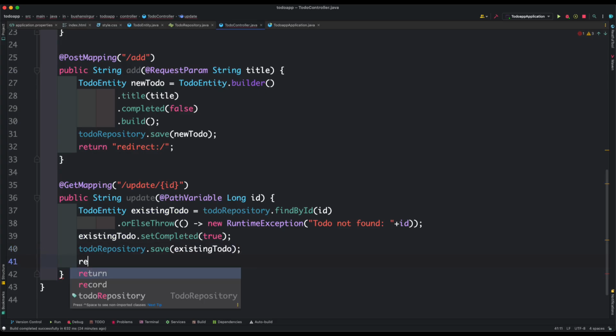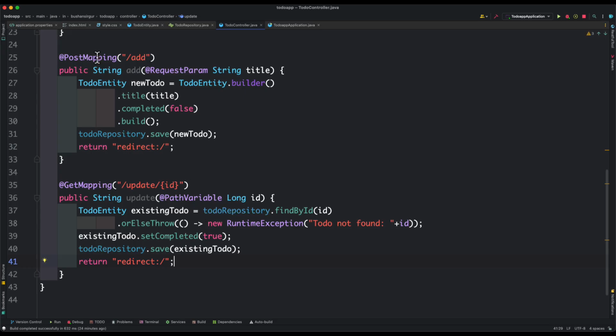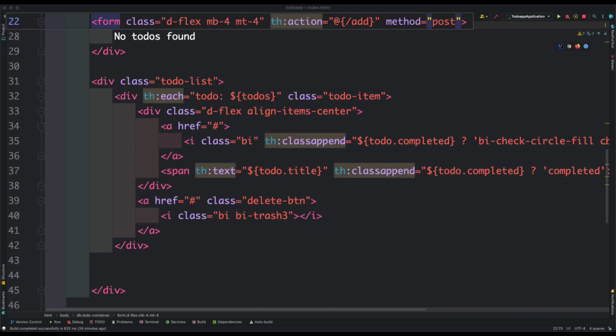and we need to refresh the list, so we can make use of the redirect. Save this. Now inside our index.html, we need to